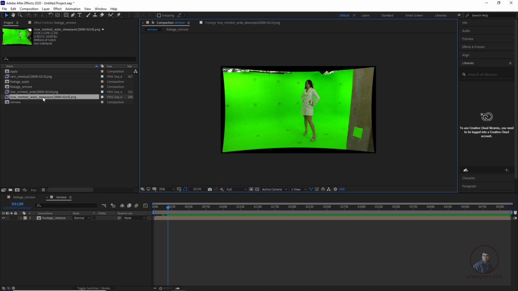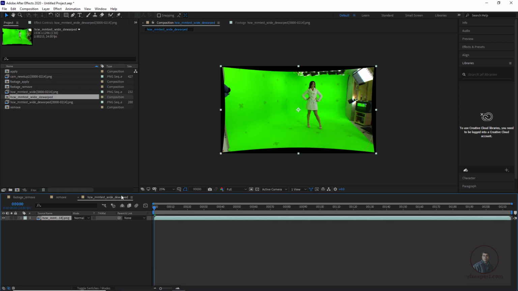Now I am going to use this undistorted plate here. For compositing, first we have to create a new composition with overscan frame size, because this file which I have rendered from 3D Equalizer has overscan frame size information, which we can easily see. So first we have to create a composition for compositing, then simply drag and drop here. This will automatically create a composition according to the same footage information, maybe frame rate, frame size, even pixel aspect ratio, all these things. So now simply create this composition.